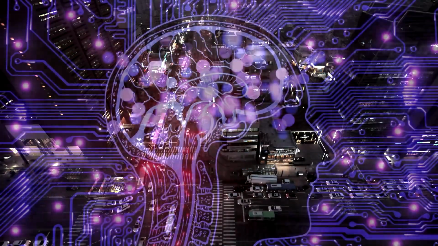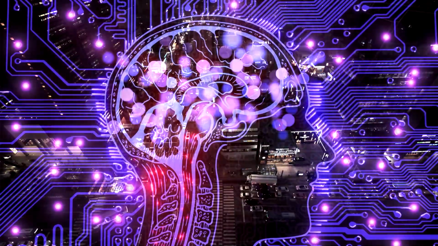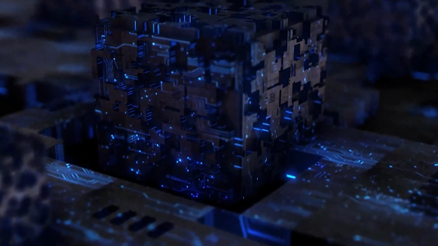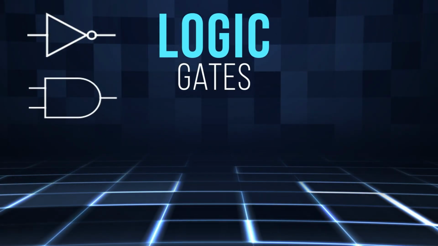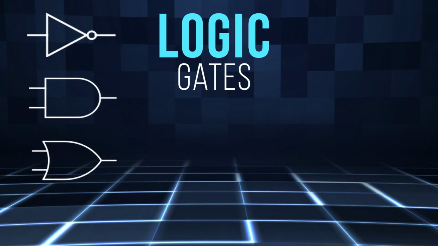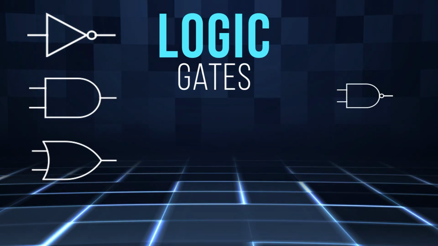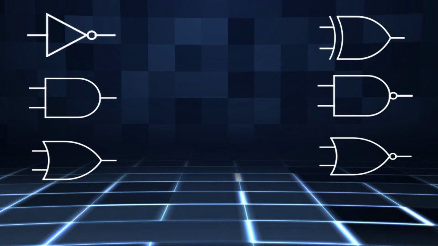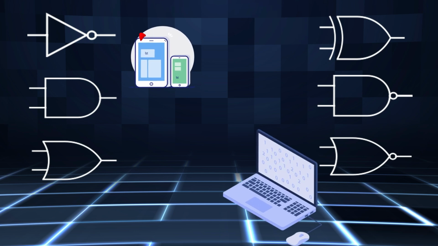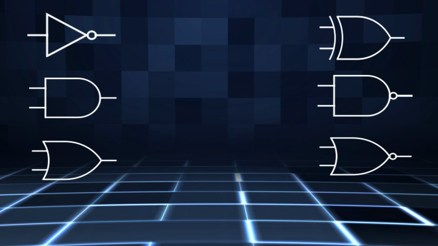Every second, billions of tiny decisions are made by machines, thanks to something called digital logic. At the core of this digital universe lie the basic building blocks: logic gates NOT, AND, OR, and their clever cousins like NAND, NOR, and XOR. Simple, huh? Yes, but without them, no smartphone, computer, or rocket would exist.